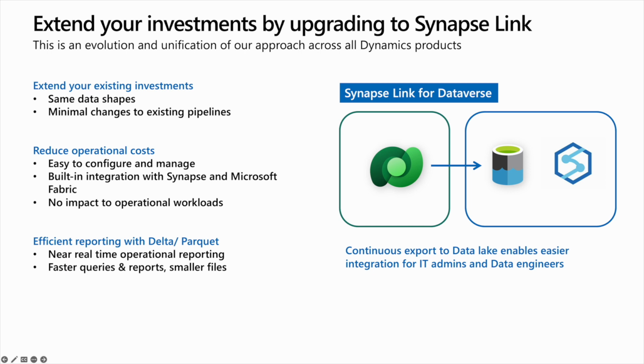The way to think about this is when you upgrade to Synapse Link, you get to extend your existing investments. So it's the same data shape, with minimal changes to existing pipelines. So your net benefit is you're going to reduce operational costs. Of course, you have seen from the demo, it's easy to configure and manage, but that's a small part, I think. Of course, there's built-in integration. There's no impact to operational workload. But I think the biggest benefit is going to be the efficiencies and cost reductions that you're getting in terms of Delta Parquet,